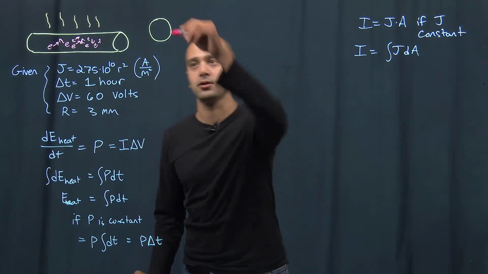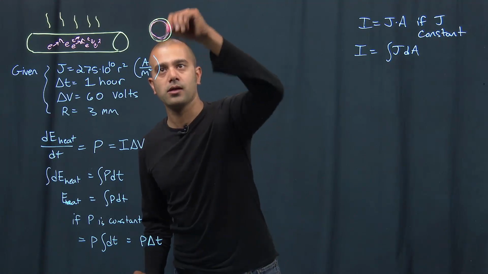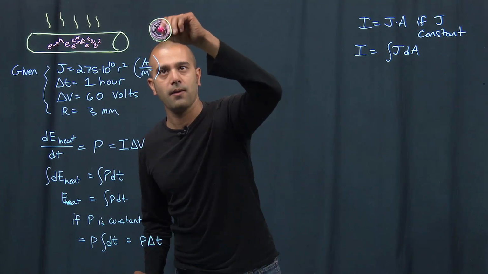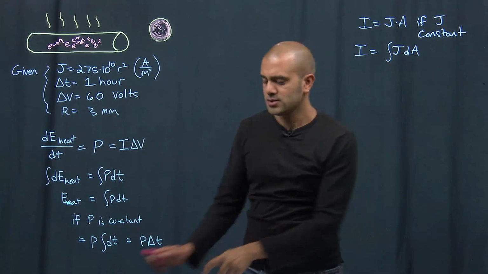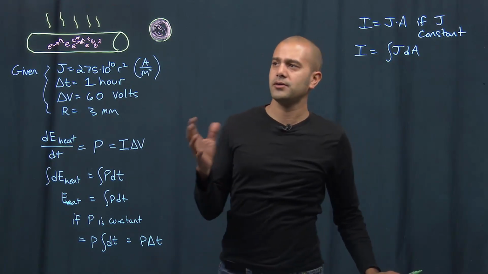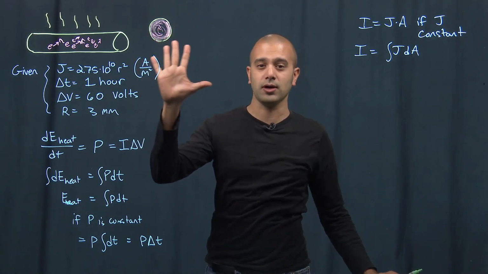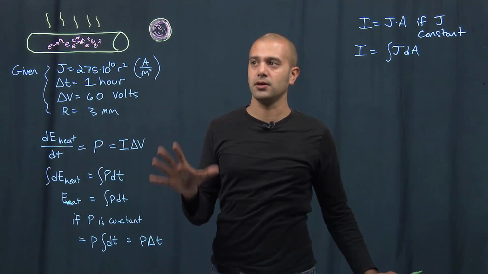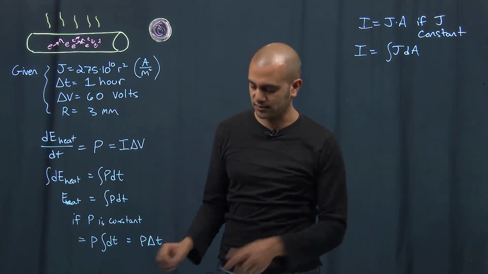So we have something that looks like this. It's going to be very dense on the outside, but not as dense on the inside. And this is interesting because a lot of wires actually have this type of thing going on. This occurs in particular when you have alternating currents in wires, which we may or may not have talked about yet. But when you have alternating currents in wires, there's a phenomenon known as a skin effect, which I'll write